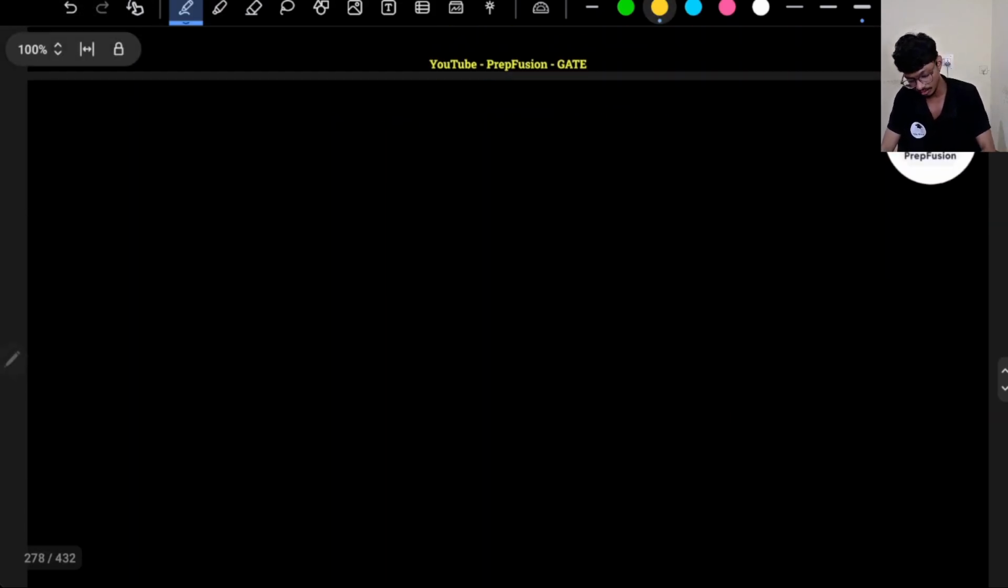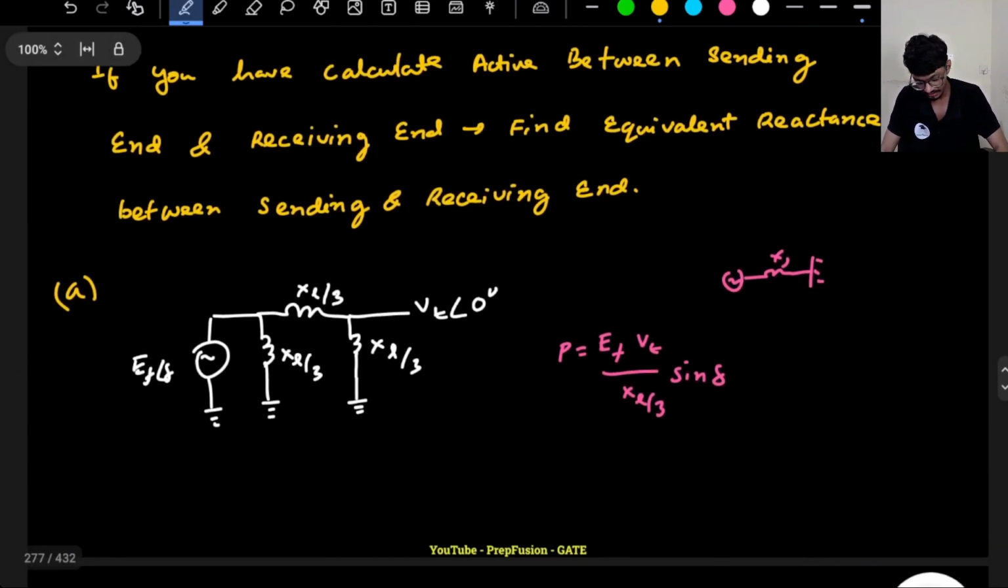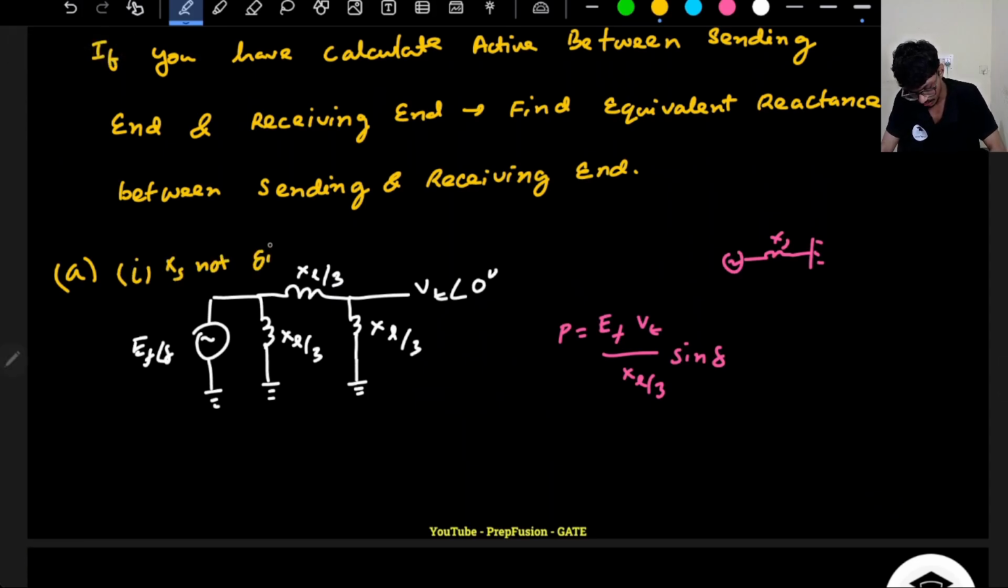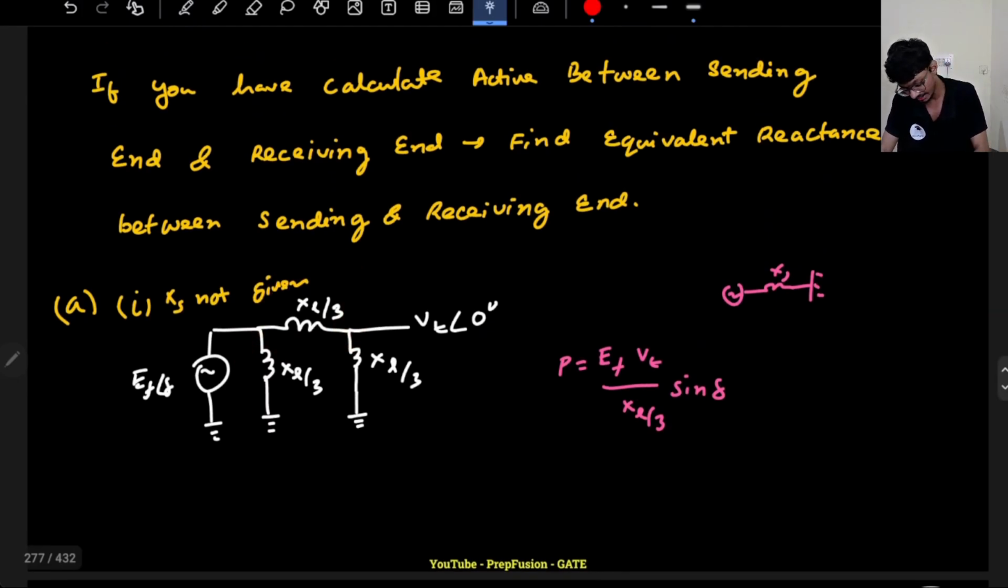What about the salient? For salient, you will find out the equivalent reactance. I will tell you, this has two cases. If excess is not given to you, you will assume that they are talking about this synchronous reactance only. This is the synchronous reactance. Then you will write your power expression like this. If excess is given,